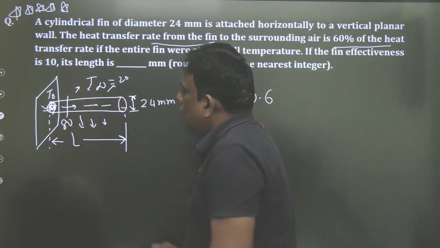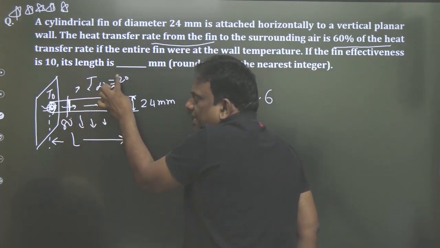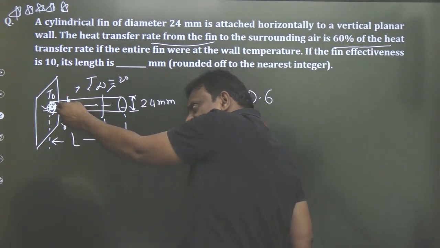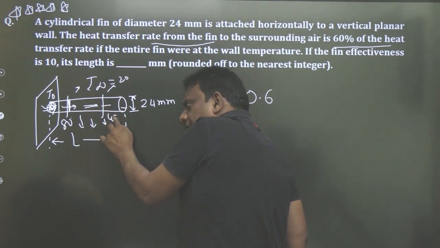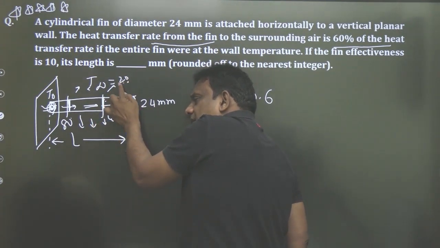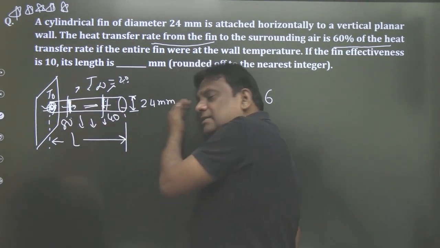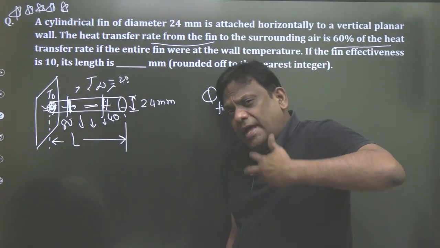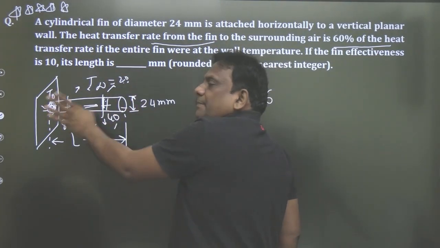So what is happening? What is the temperature difference between the fin surface and surroundings? 80 minus 20, 60. When I move along the length, the temperature is decreasing because heat transfer occurs in the direction of decreasing temperature. Let us suppose here the temperature is 40. The surface temperature is 40, surrounding is 20. The difference is 40 minus 20, which is 20 only. So here the difference is more, here the difference is less. That means when you move in this direction, the heat transfer is decreasing. So when do you expect the heat transfer to be maximum? When the entire fin is assumed to be at the base temperature.